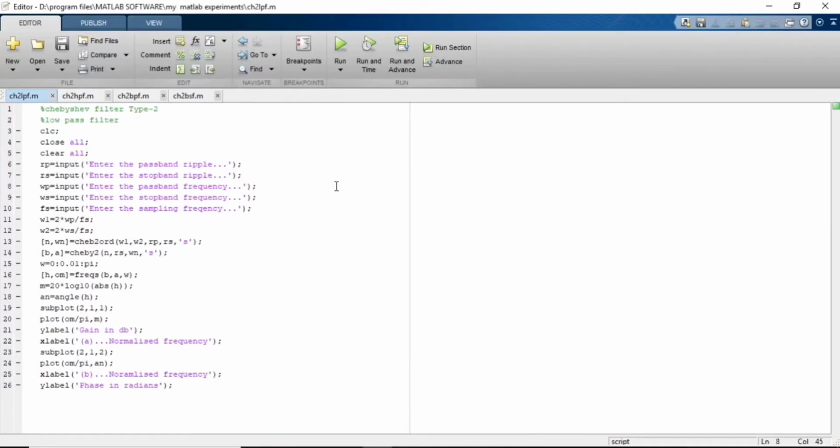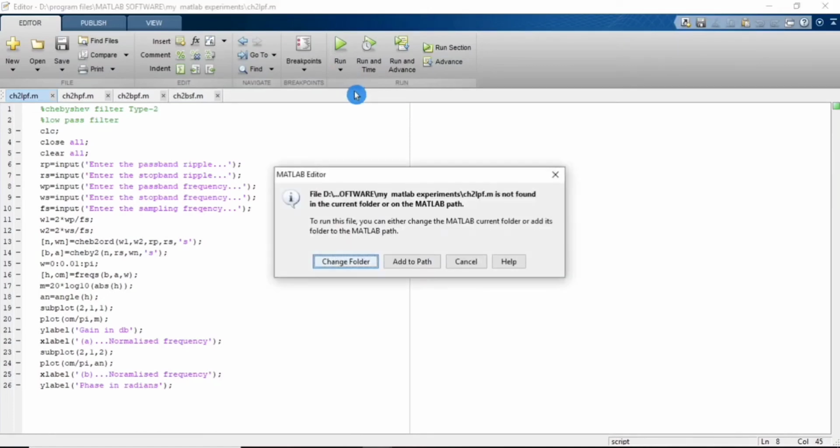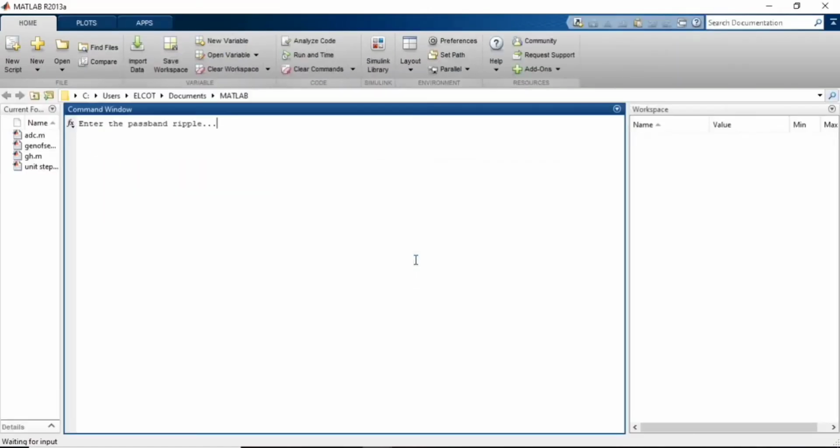First, I am going to run the low pass filter. I am giving the pass band ripple as 0.4, then stop band ripple as 50, and then pass band frequency as 2000, and then stop band frequency as 2400.